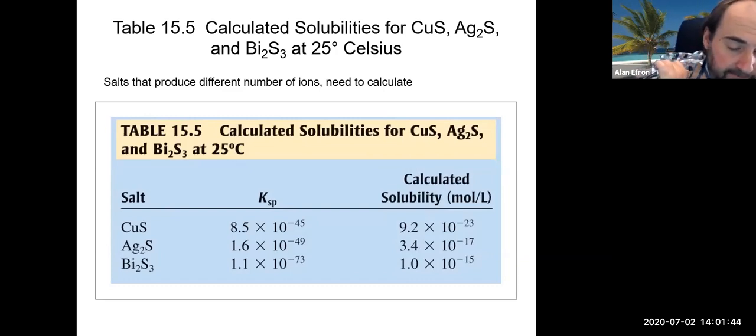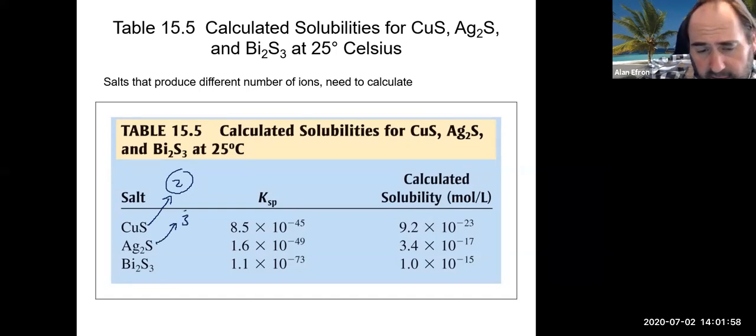So for example here, if we look at this guy, which is copper 2 sulfide, that is 2 total ions, a copper 2 ion and a sulfide ion. This is silver sulfide, which will break apart into 3 total ions, 2 silver ions and 1 sulfide ion. And then we have some bismuth sulfide, which will break apart into 5 ions, 2 bismuths and 3 sulfide ions. So in this case, if we want to compare the KSP values, we actually cannot use the KSP values to compare these guys because they break apart into different numbers of